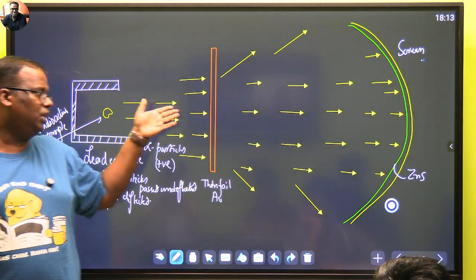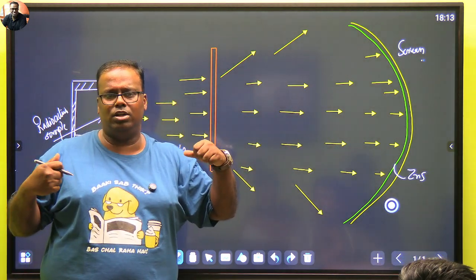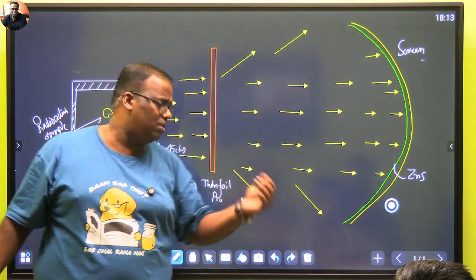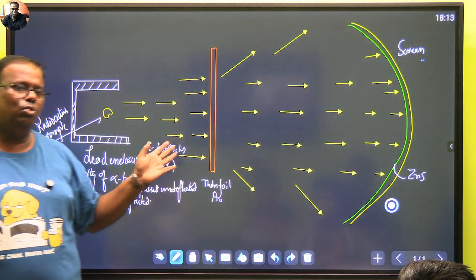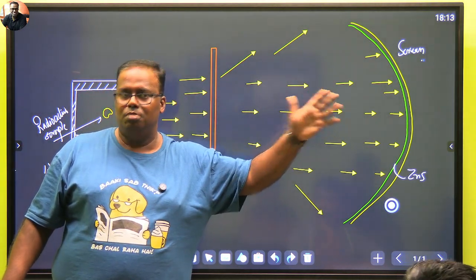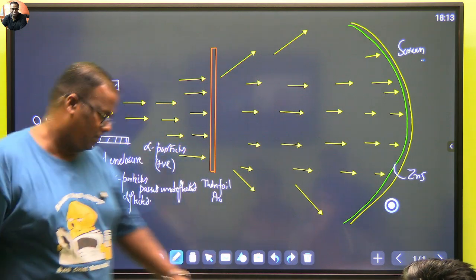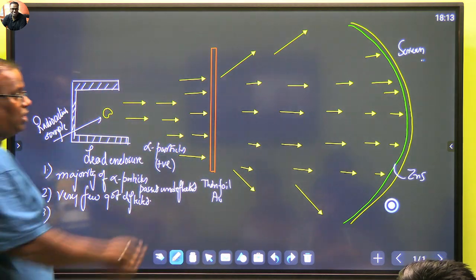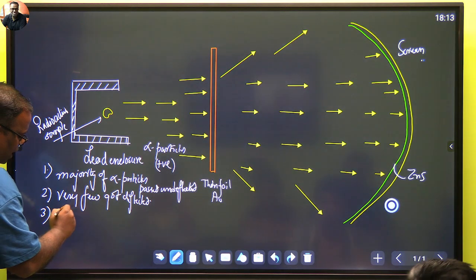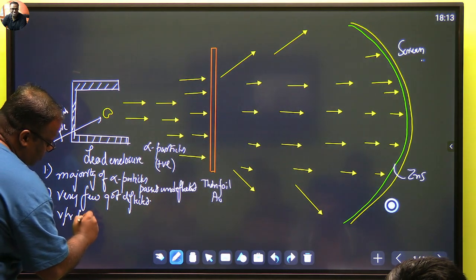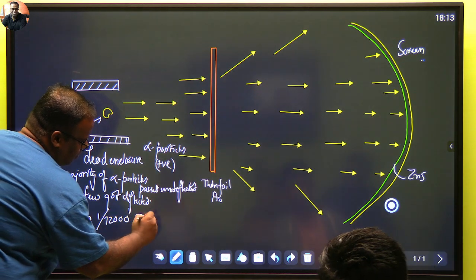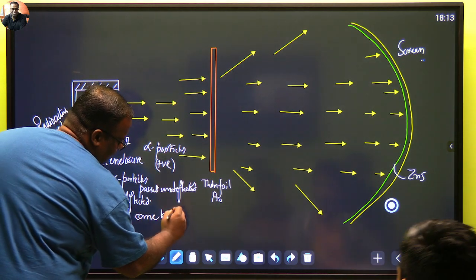We are bombing it through a thin foil. Alpha particles are radioactive particles. They have got energy, and like a ghost they can pass right through. And this is a very thin foil of gold, so they tore through the gold. Everything should go straight. But some got deflected. Okay. We will see this further, we have to understand the whole thing. The third is that very few, about 1 out of 12,000, came back, rebounded.